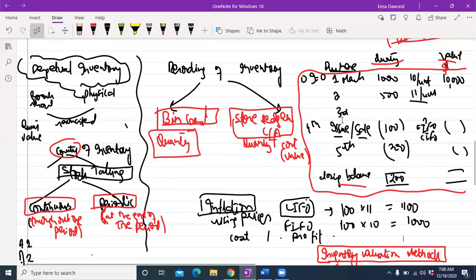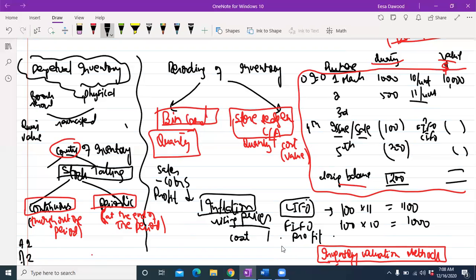Because the material we issue is going to be a part of the finished good, and when we sell the finished good, we report the profit, sales less cost of goods sold. So what the cost is going to be will depend upon which method it is, okay? If we issue at the latest price, definitely the cost will be up, and as a result the profit would be down, in case of rising prices, inflation. And the same if we issue at the oldest price,